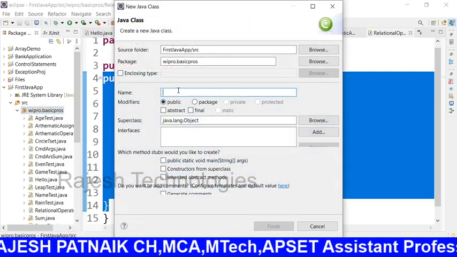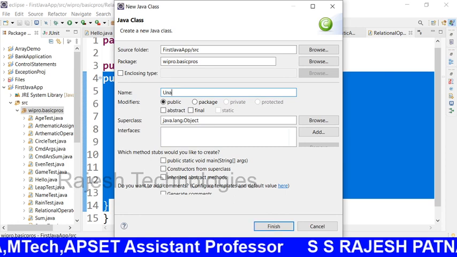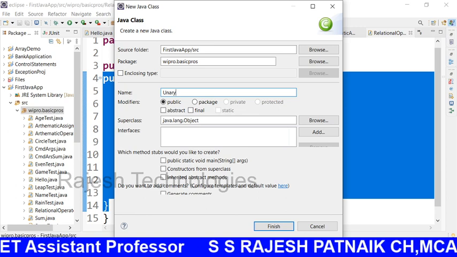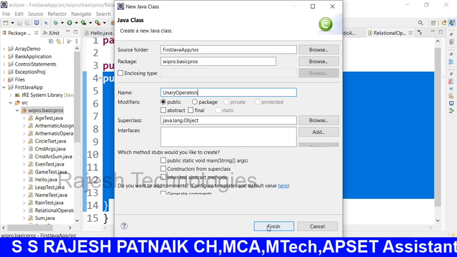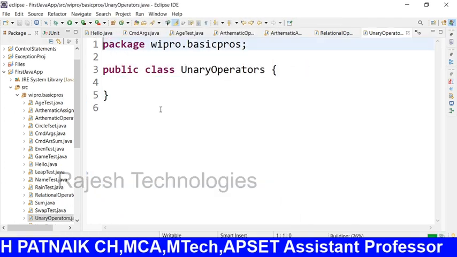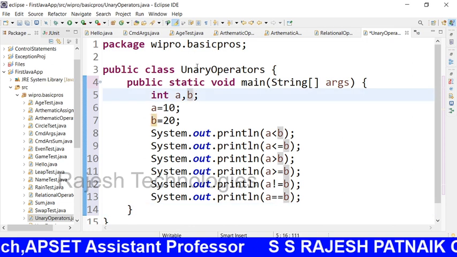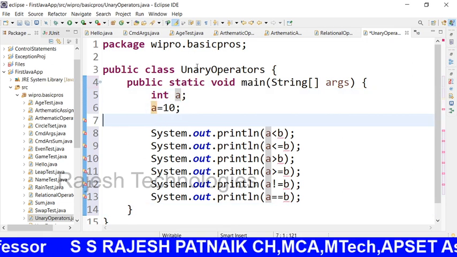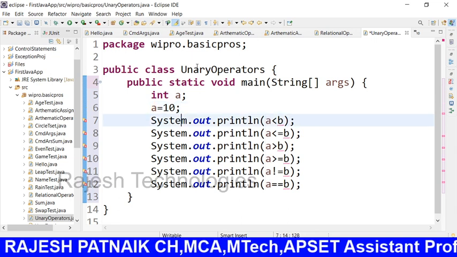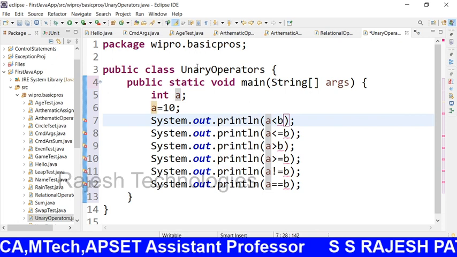file. The class file name is UnaryOperators. So let me click on finish, and now I will take only a single variable right now. I am giving some value like this, a equals 10, and then I am displaying